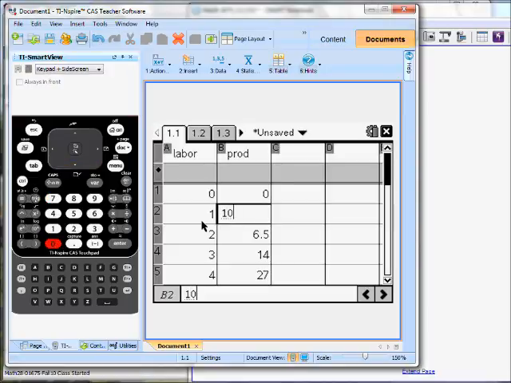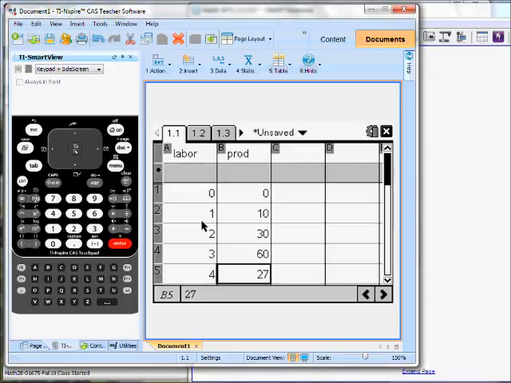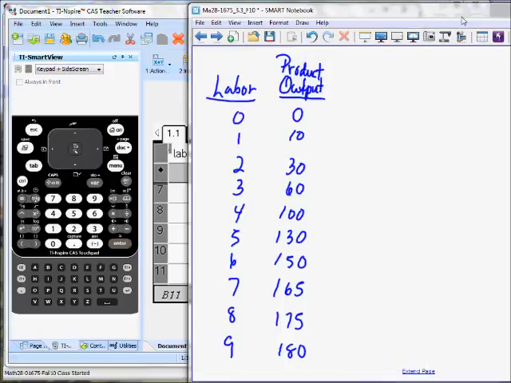So let's see, 10, 30, 60, 100, 130, 150, 165, 175, and 180. Now, if we look at this data,